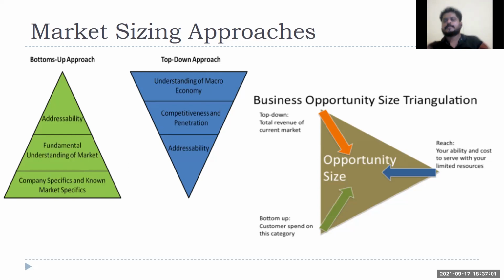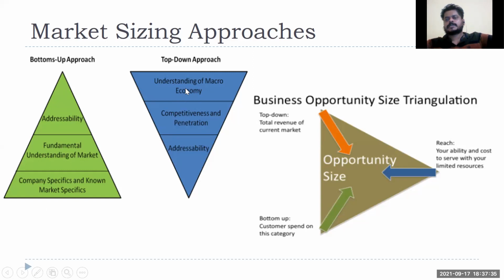Fundamental understanding of the market. Right now the market might be opening up, or there might be a lot of regulations. Two years down the line the regulations might change, and revenue might increase. So you should have that kind of understanding. Then out of that, obviously, how much market you can address. That gives you a bottom-up approach. Bottom-up means you are doing a competitor analysis, gathering company specific details and adding them up, and that will give you the total market size, and out of that, how much market you can actually address.